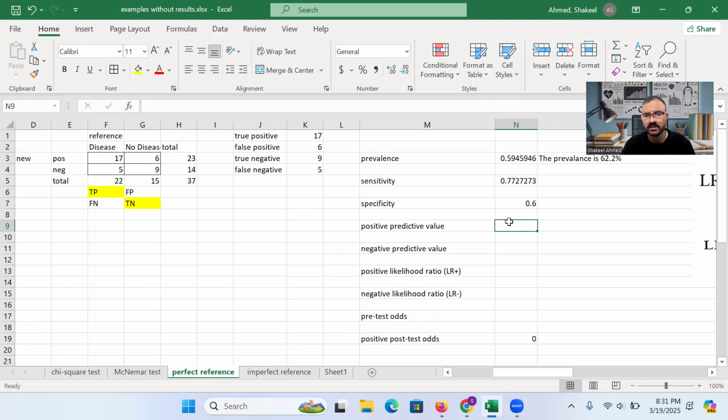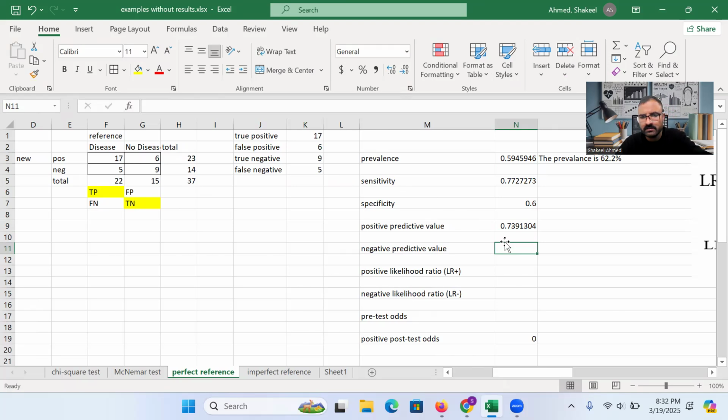And what is positive predictive value? Positive predictive value is basically obtained as we are interested in the number of total positives rather than the number of people who have the disease. We can find a proportion: how many people were tested positive, and among them how many actually have the disease. That is our concern. So we can find the positive predictive value, that is 17 divided by 23,